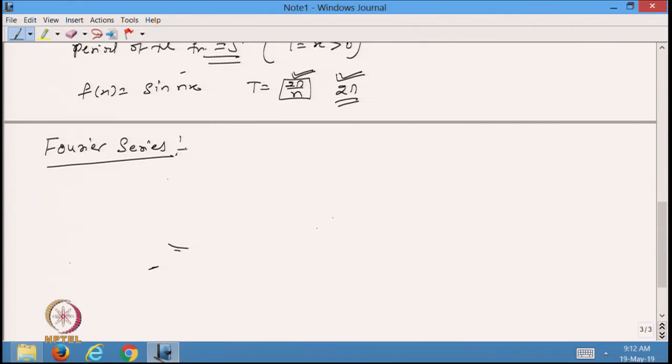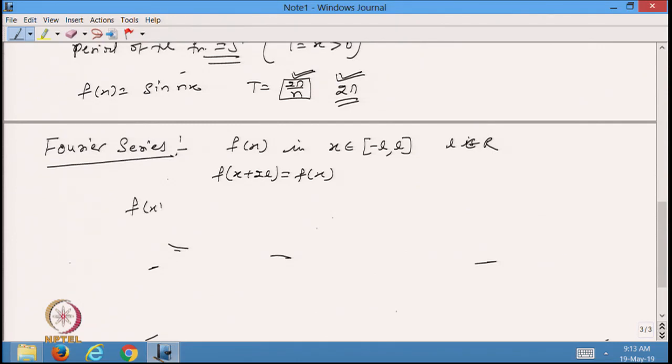In this case the first thing is that let f x be a function, a piecewise continuous function in any interval where x belongs to from minus L to L, where L is a real number, and f x plus 2L is equal to f x. It means this function is a periodic function and it has the period 2L. Then